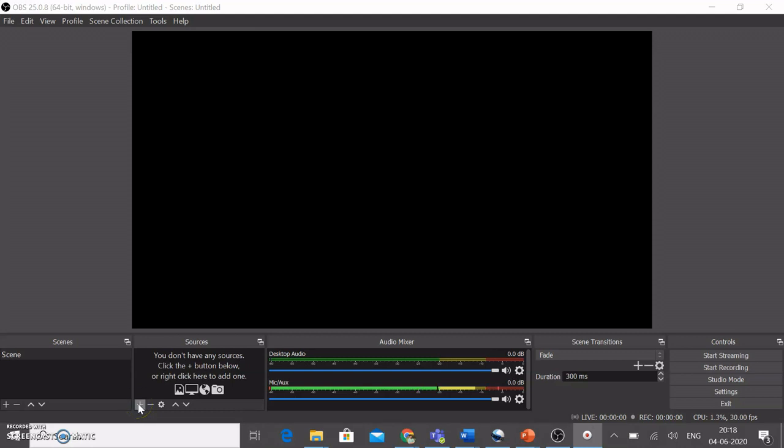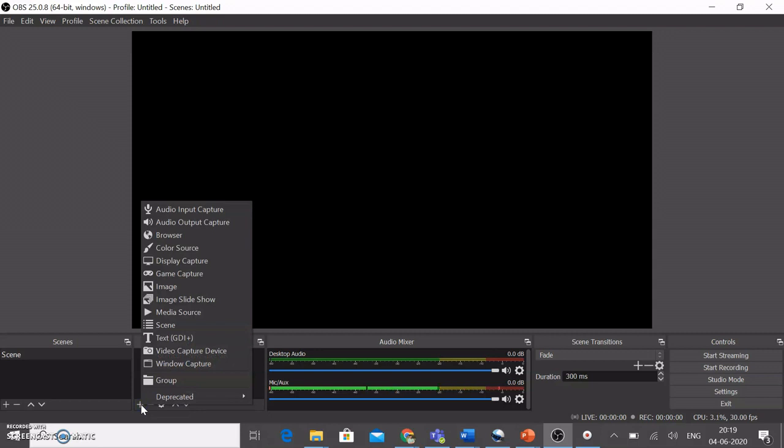So let us first understand how I can upload an image and give a voiceover to that particular image using OBS. You can see this plus button over here just below the sources box. Click on that plus button and then you will see a lot of options popping up.